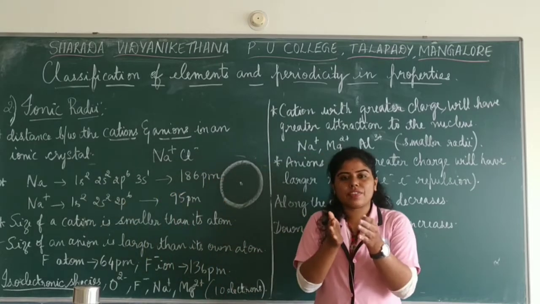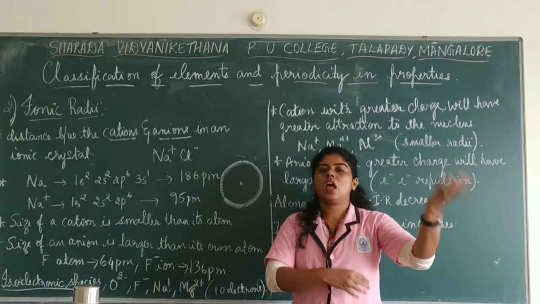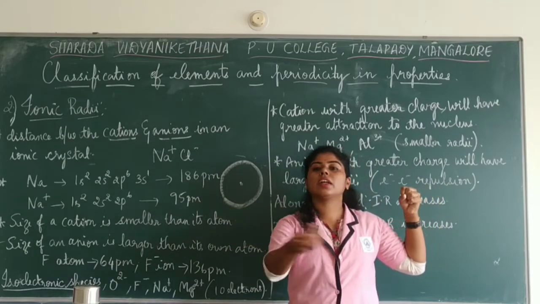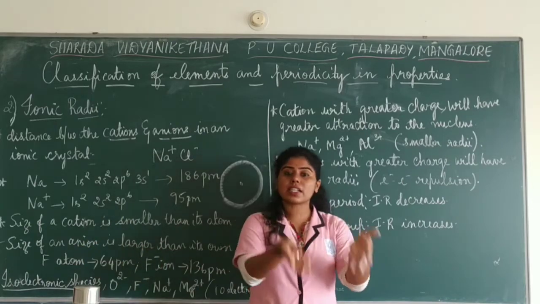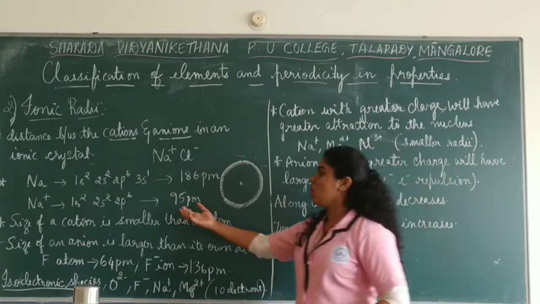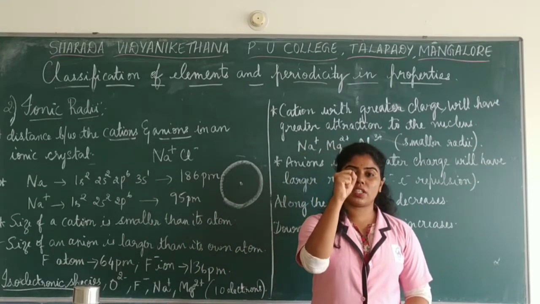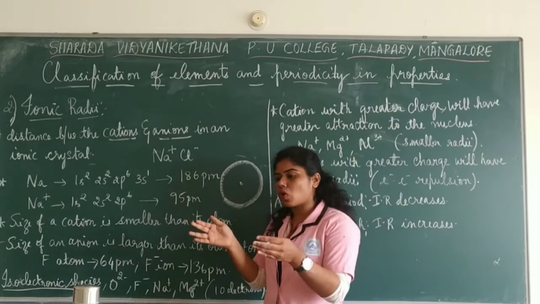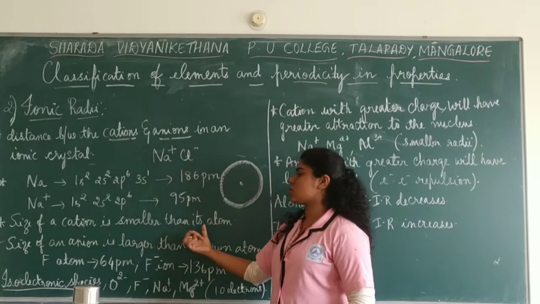Now what happens then? If it has less number of electrons, the power of the nucleus becomes really high. So what happens from the nucleus? It starts attracting the electrons present in the outermost shell. So the outermost would be which one now? 2p6. First of all, it has less number of electrons, then the power of the nucleus would be more. Then obviously the effective nuclear charge is going to increase here. The charged nucleus becomes really high and it starts attracting, so the size also becomes really small. So the size of the cation is always smaller than its atom.